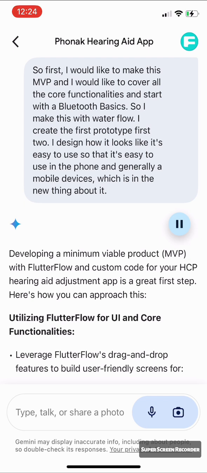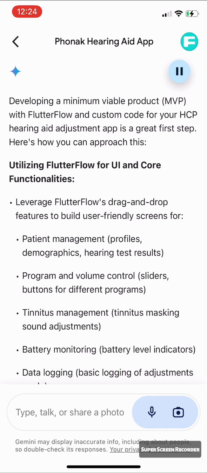Developing a minimum viable product, MVP, with Flutter Flow and custom code for your HCP hearing aid adjustment app is a great first step. Here's how you can approach this. Utilizing Flutter Flow for UI and core functionalities. Leverage Flutter Flow's drag and drop features to build user-friendly screens for patient management, profiles, demographics, hearing test results, program